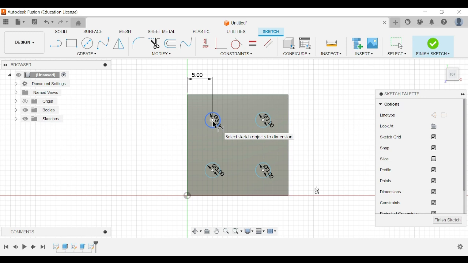But now I'm going to dimension it the other way. So I've dimensioned it this way, now I'm going to dimension it this way. Drag it out, it's already at 5, that's alright. Okay, 4.99999, I'll put in 5, done. So now this one is dimensioned at 5 by 5, and now I need all of them dimensioned at the exact same. So I need to do the rest of them now. So this one,